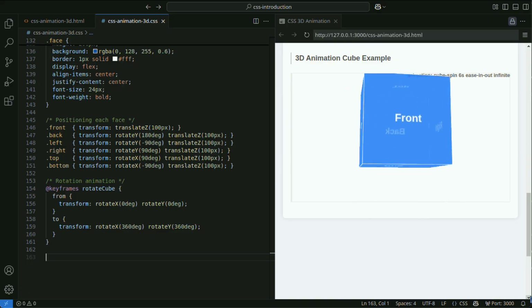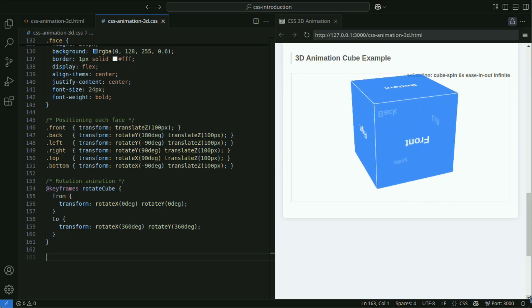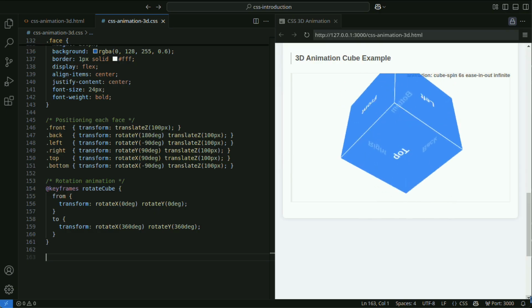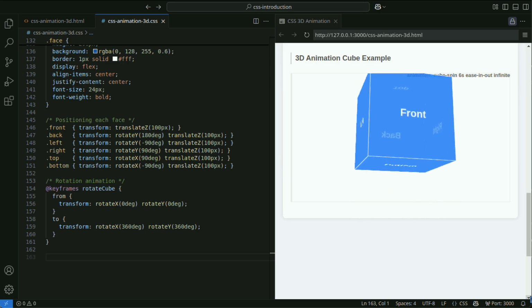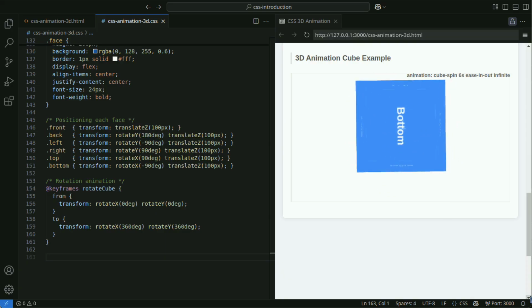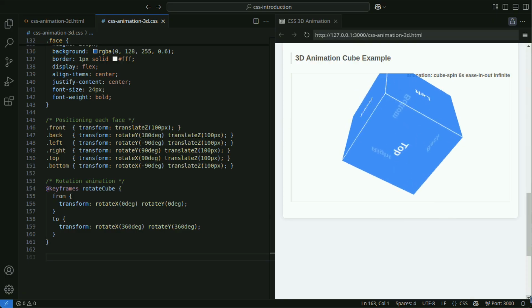Reducing the perspective value brings the viewpoint closer to the element, emphasizing depth and enhancing the 3D effect. Conversely, increasing the value moves the viewpoint farther away, resulting in a more natural and subtle 3D appearance.